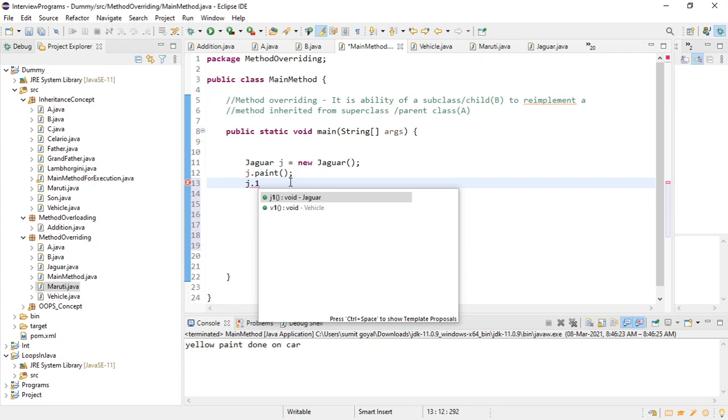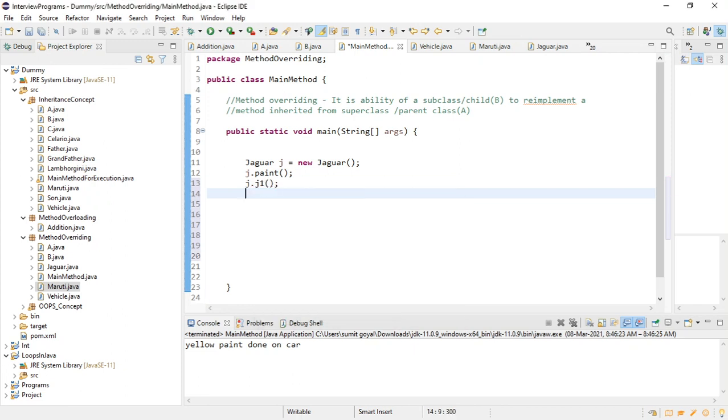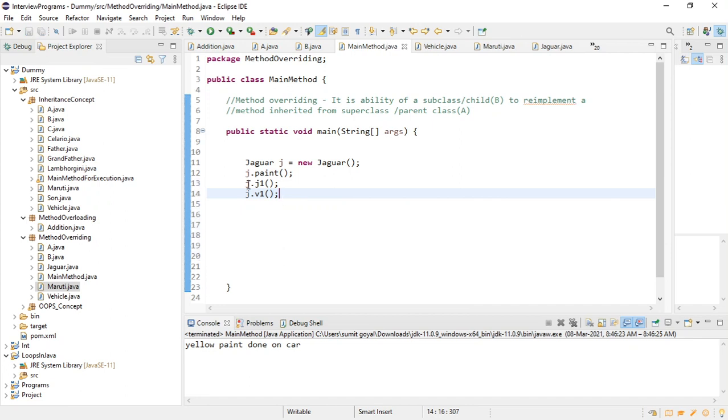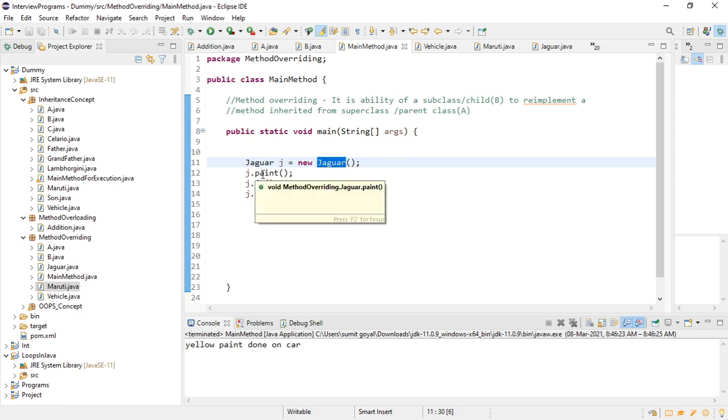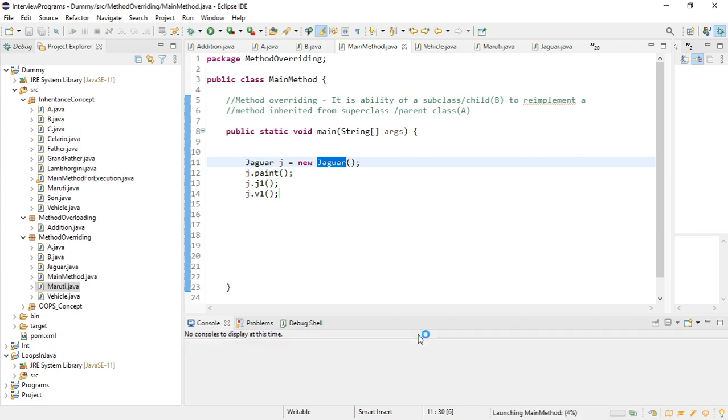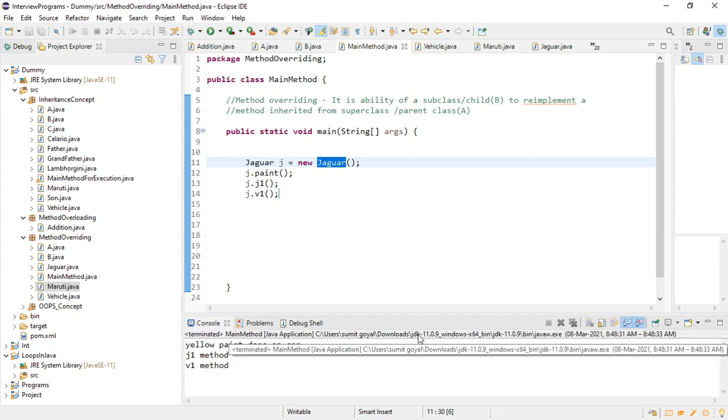So if I write j dot v1, right, which method will be called? Here the things are very simple, right? As we are creating the object of the particular class, and the class name is also the same, it will call the child class. So yellow paint is done, and the j1 and v1 methods, right?